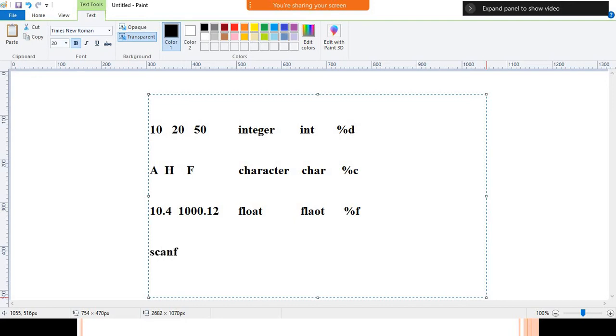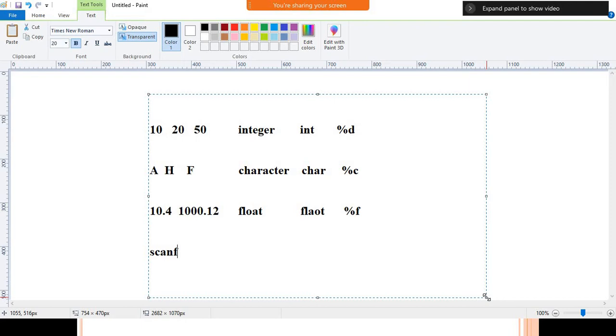Scanf is used to accept the value from the user. Whatever value you enter on the console, that value will be accepted and that value will be stored in the variable. Earlier we declared the variable, afterwards we initialized the variable, and that value was stored in the variable. But whenever we use scanf, make a note of that, we just need to declare the variable. Once we declare the variable, we accept the value from the console and the console value will be stored in the variable.